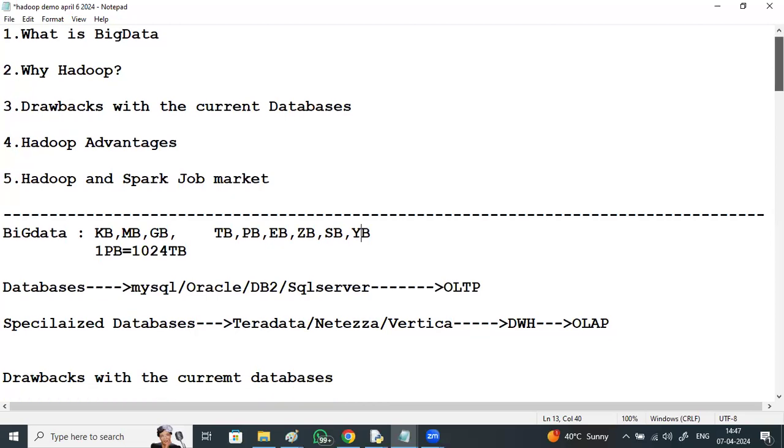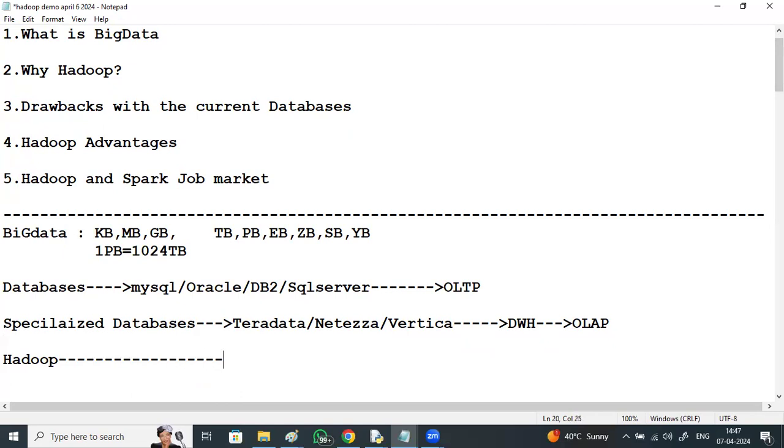As a solution to all the storage level problems and processing level problems, we have a framework called Hadoop. Generally, any technology is meant for either storage or processing, but Hadoop is meant for both storage and processing.